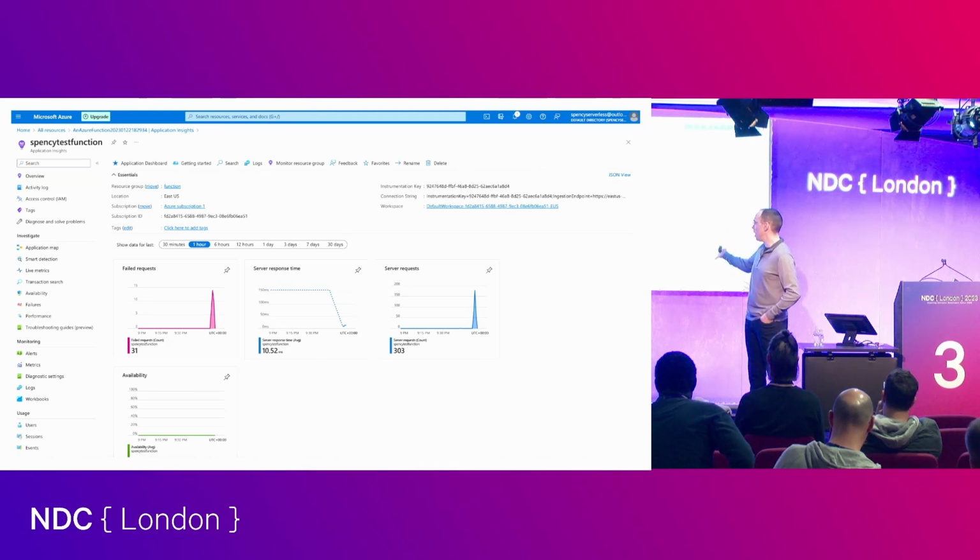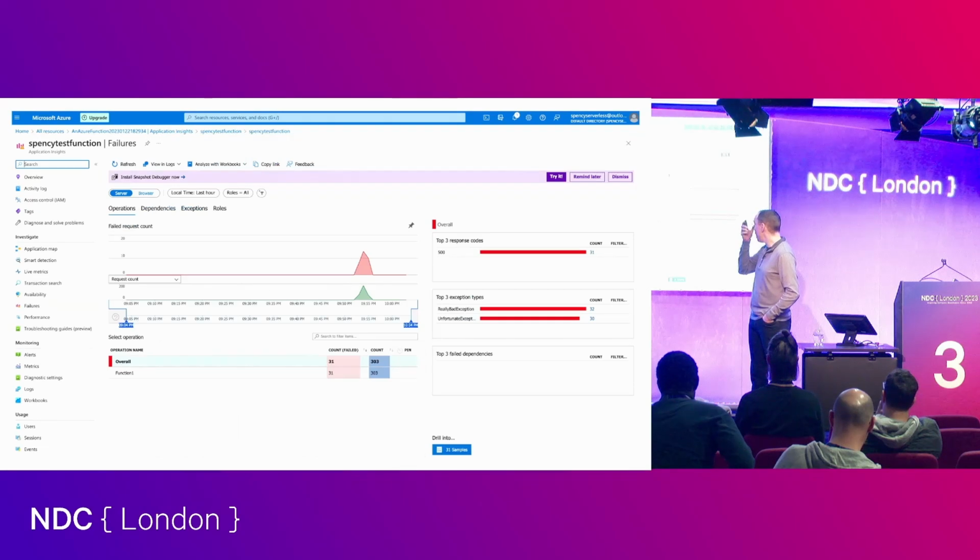But right away, I was pleased as a developer, again, very surface level. Starting off, I was very happy that I got a count of failed requests, the number of requests that came in, and the breakdown of how it looked from the server side. So I clicked failures. What I was really looking for was something along these lines. Really bad exception, unfortunate exception, a little breakdown. And then more information under that I can click through and kind of maybe sense a pattern. These are tools that I use a lot. So again, I'm very comfortable with them. I knew this was probably going to be like this.